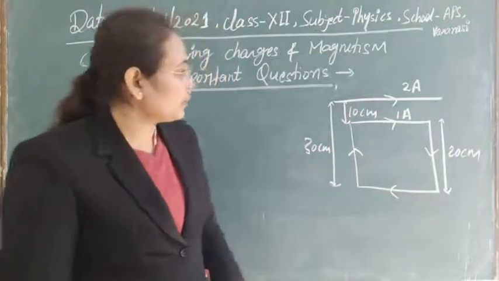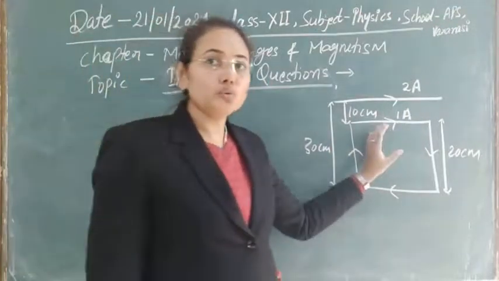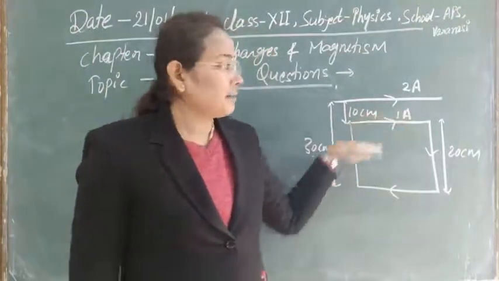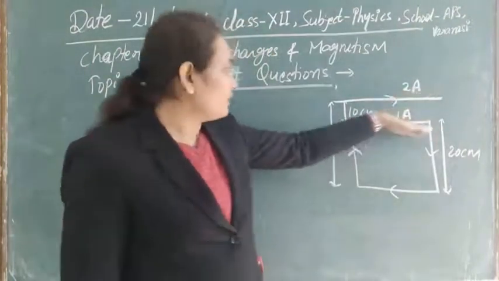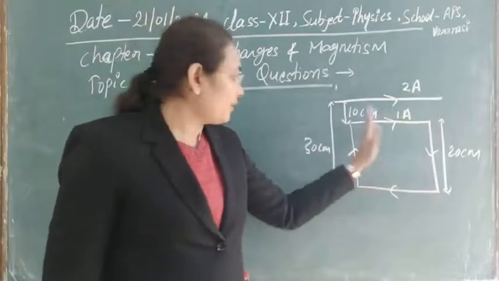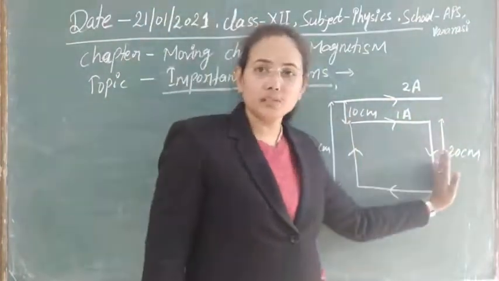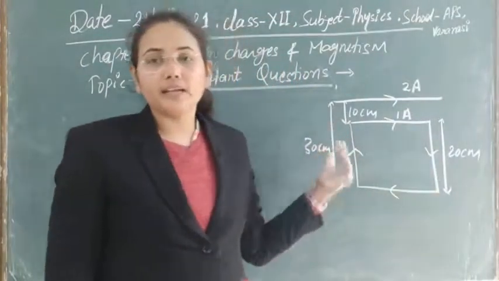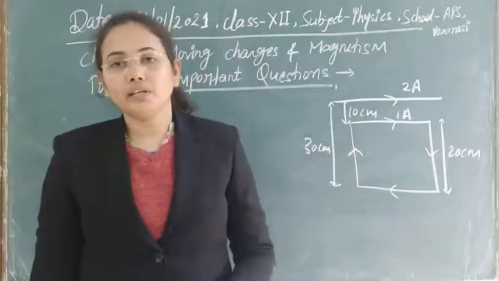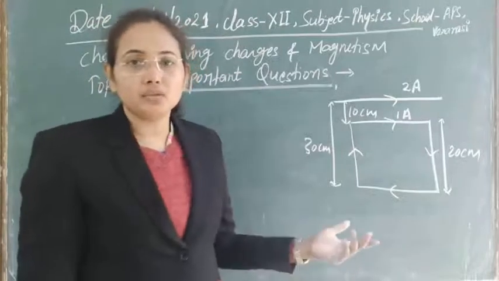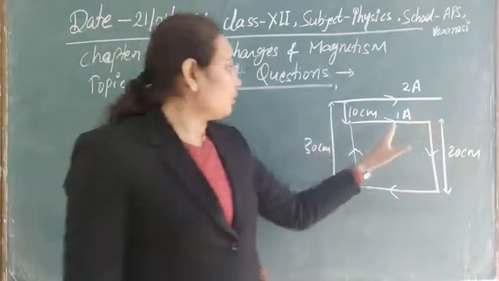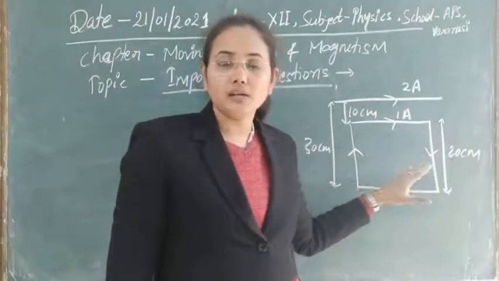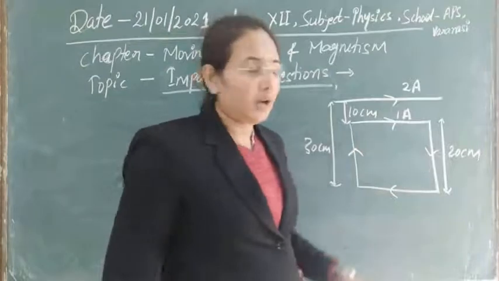Here you can see two sides of the square loop that are parallel to this current carrying wire, this side and this side both. Due to the other sides, the force will be 0, and there is no need to explain why, as the angle formed between them is equal to 0. So sin 0 is equal to 0. So only due to these two sides will the magnetic force be developed.